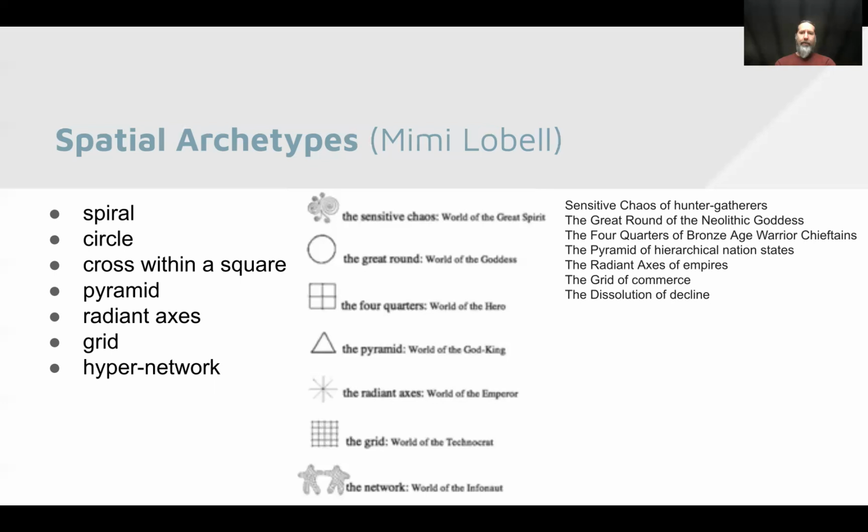When we hit capitalism and the age of commerce, during the industrial revolution, we started building in grids, with things organized in a grid. And now, as we have a deeply connected world of the internet, people have added on to that, saying that hyper networks are the next stage in that development.